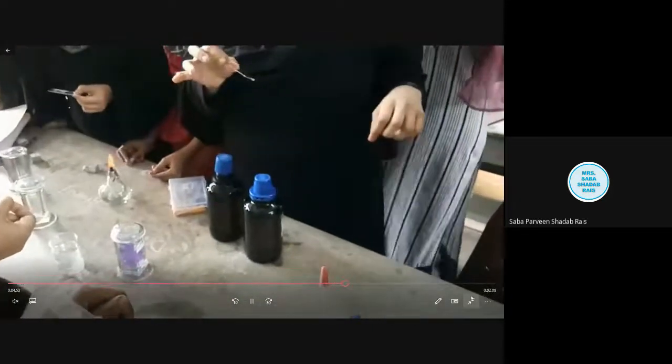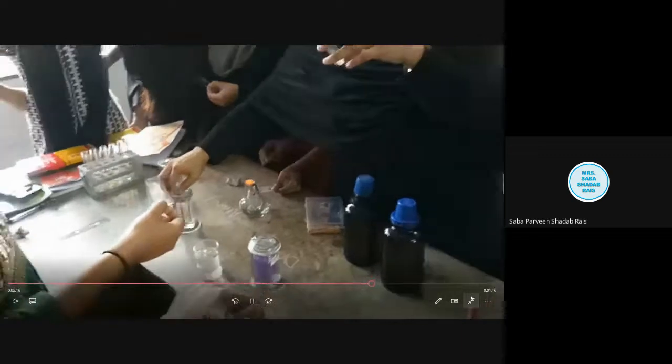Now this is one of the most important steps, students. The step is destaining. Now we are going to do the destaining, but actually at this particular stage only the destaining of the gram negative bacteria will happen, and in the case of the gram positive bacteria, you will find that the fixing of the stain has happened.